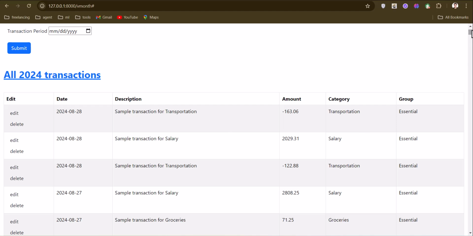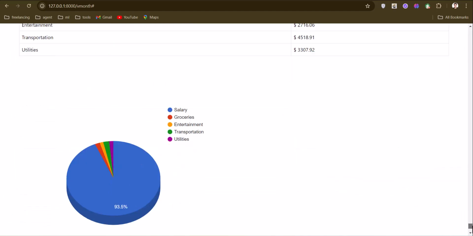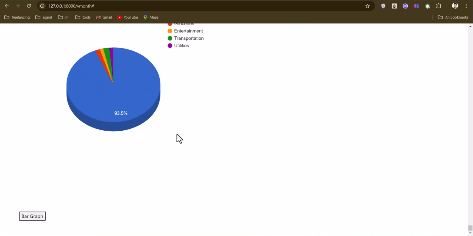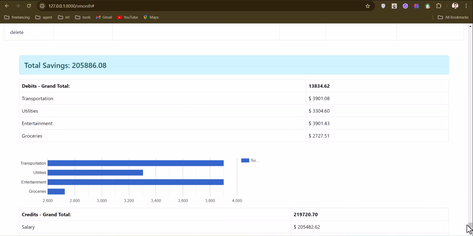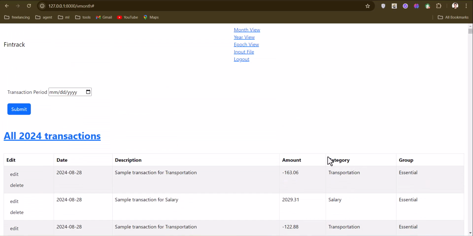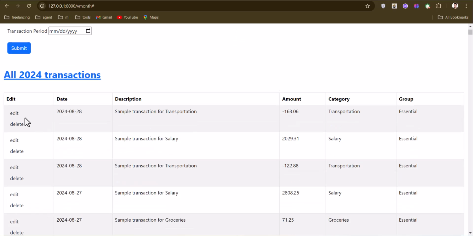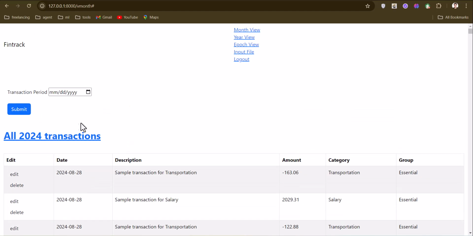and it has visualizations like the pie charts shown here with different categories of transactions, and also the bar graph for the transactions in different categories and groups. It shows insights and different details about the transactions. It also has the populate data for automatically creating data and creating a test user.